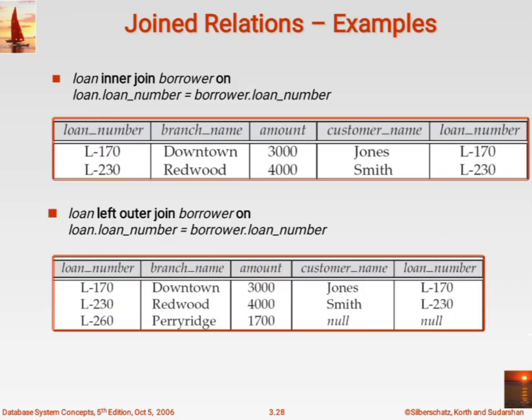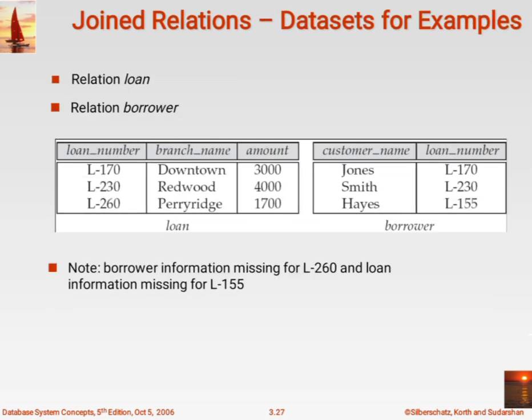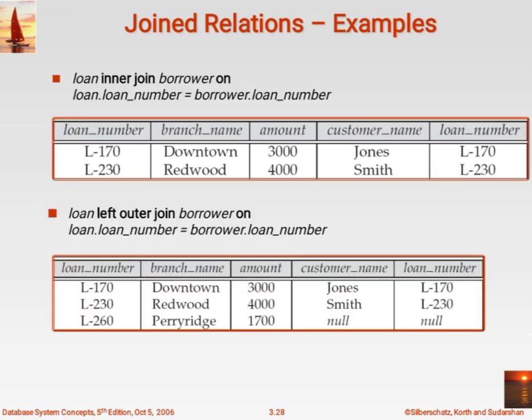Now I am going to apply the inner join. Whenever we apply the inner join, it means whatever the common part is. I am having loan number here and loan number here, so this common part will be there, but the data should be present in both tables. So for L170 and L230, whatever data is there will come out as the result of the query. This is the result of the query, you can see.